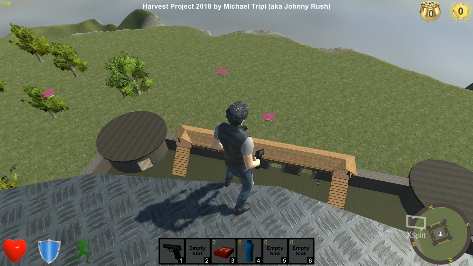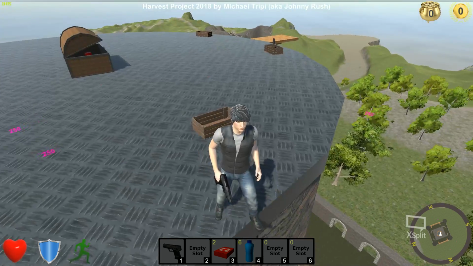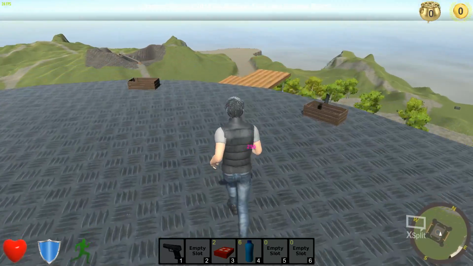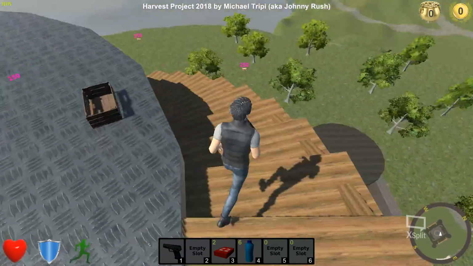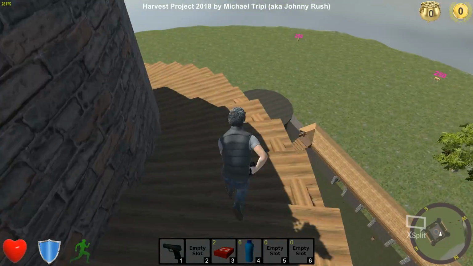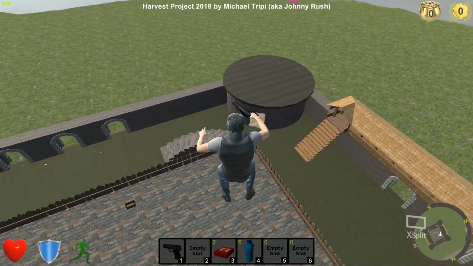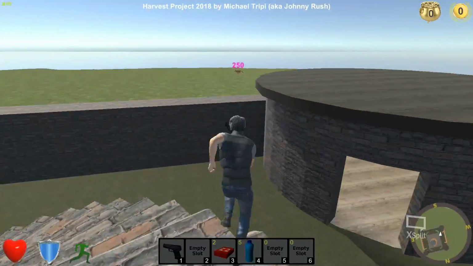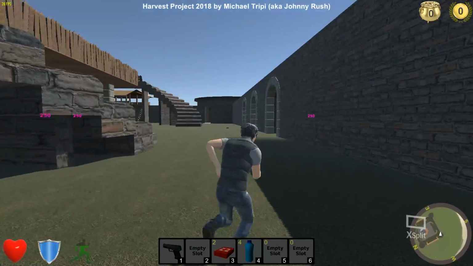And so I guess what we can do, the other thing I wanted to demonstrate here before we jump into the actual editor and start adding additional waypoints around the map, let me just drop off here real quick. Picked up some bullets, so we can just